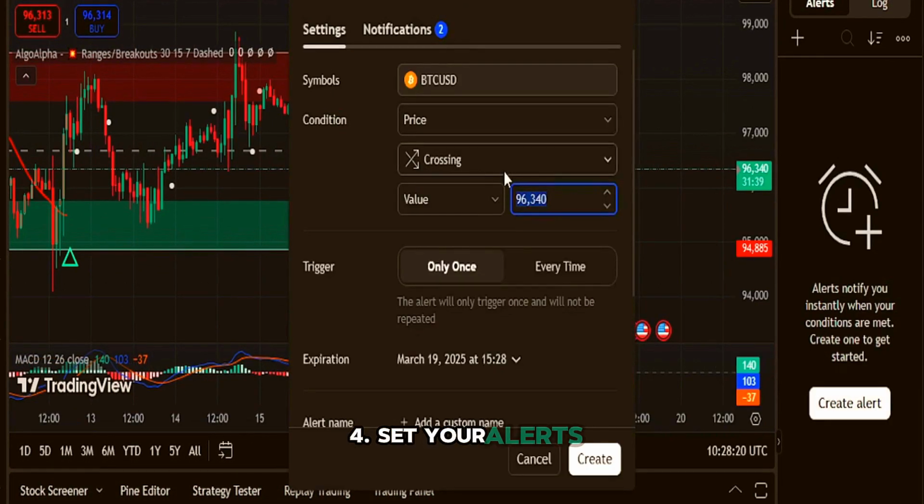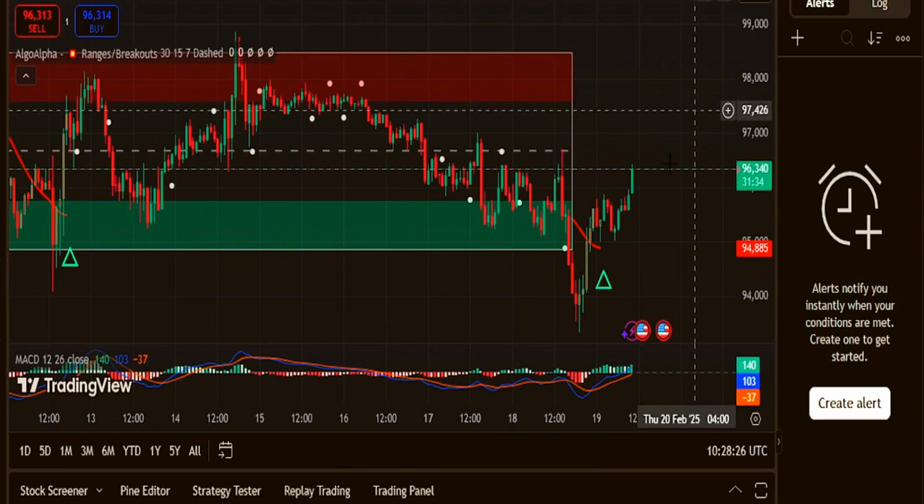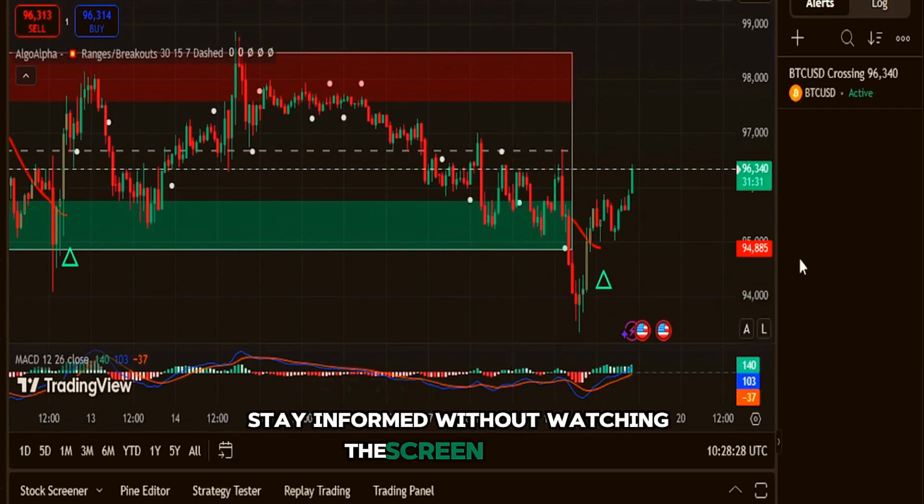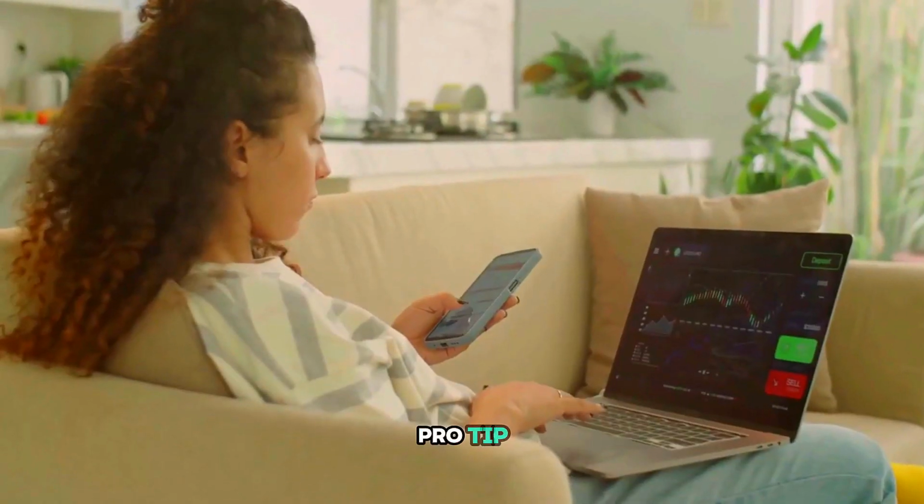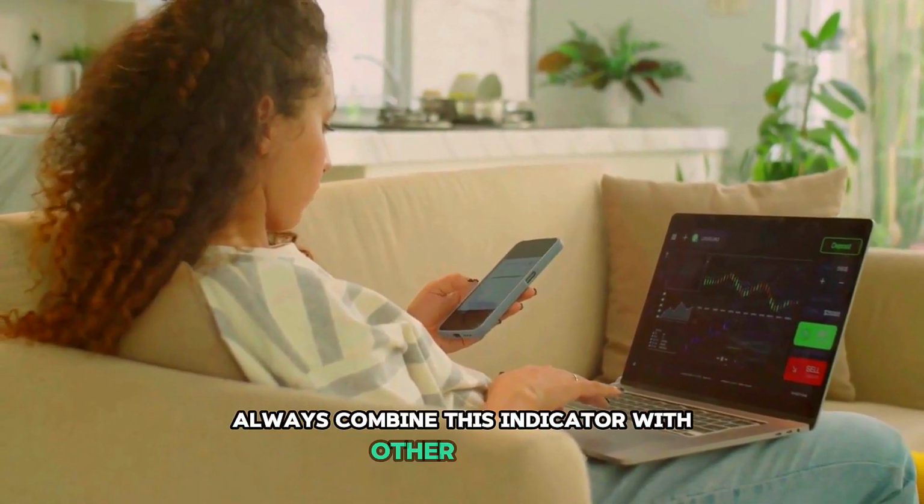4. Set your alerts. Create custom warnings for price changes. Stay informed without watching the screen all day. Pro tip: always combine this indicator with other trading knowledge for the